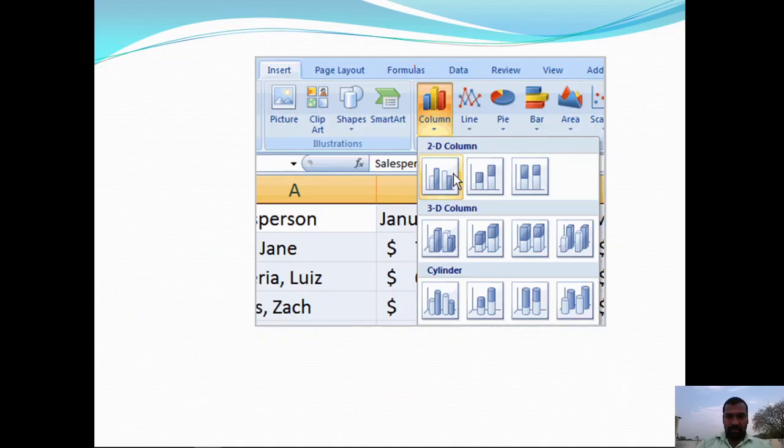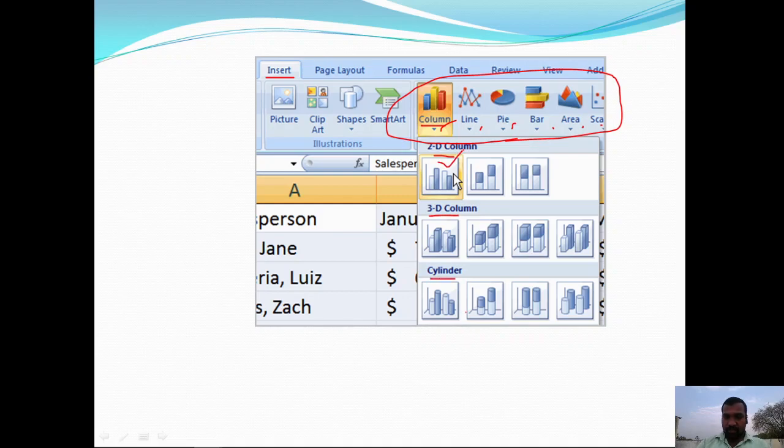So here is an option. After moving onto the Insert tab, this is the chart group. Among the chart groups, the column charts are there, line charts, pie charts, bar charts, area charts, scatter charts, and so on. If I am choosing column charts, then again we have several options, whether you go with 2D column charts or 3D column charts or cylinder type of charts and so on.